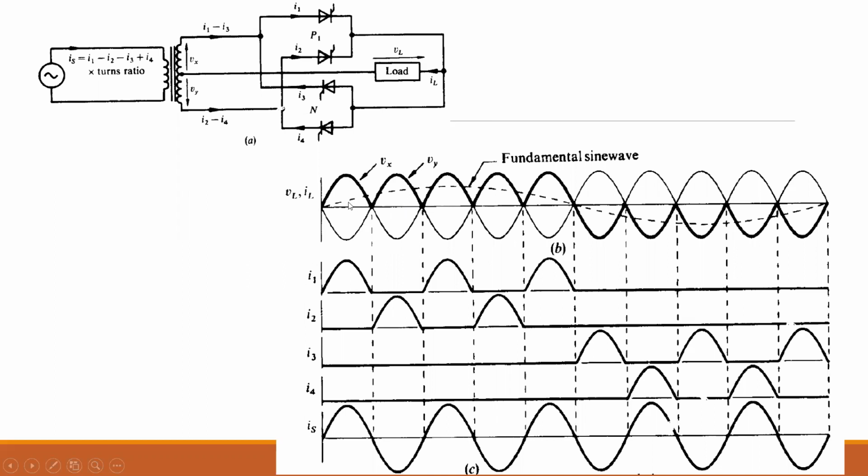So it means that we are getting positive of Vx, then positive of Vy, then positive of Vx, positive of Vy, and here we get negative of Vy, negative of Vx, next negative of Vx, negative of Vy. So these are some of the waveforms. Both waveforms have positive and negative voltage. So what happens when the positive waveform comes over here?